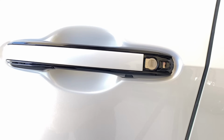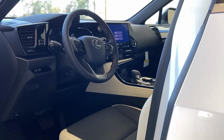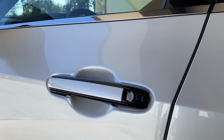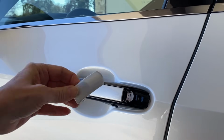If you're using the manual key cylinder to lock the vehicle with the engine running, keep in mind you are going to get some alarms and alerts because it really doesn't want you to do that anymore. You're also going to get some audible alerts when you close the door and take your key fob with you. So now the engine is running. I've removed my key fob. I've removed the cover of the key cylinder